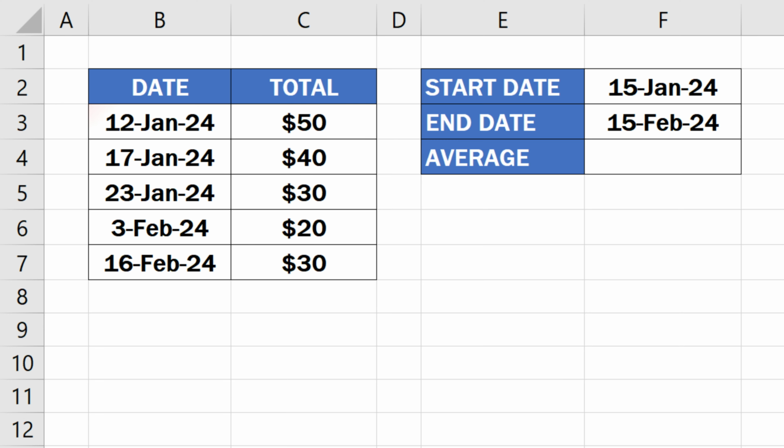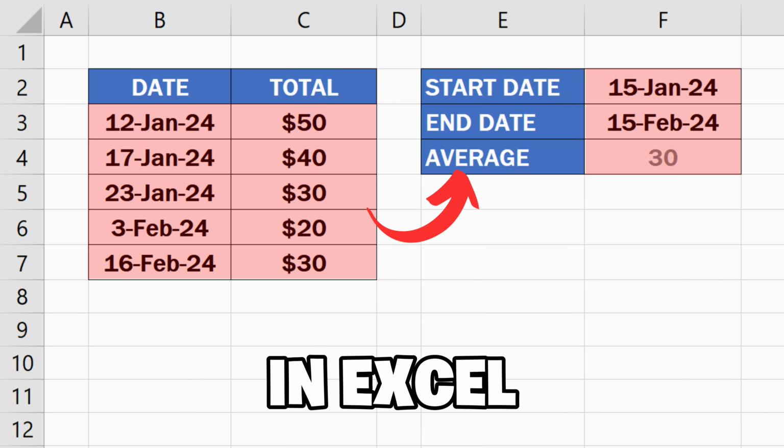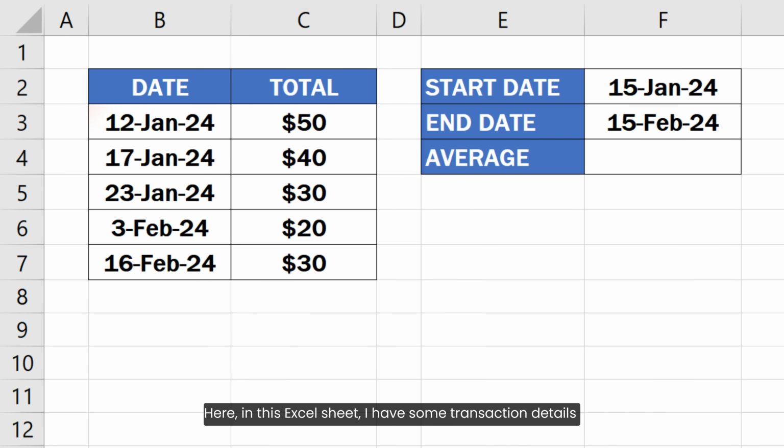In this video, I will show you how to average values between two dates in Excel like this. So let's get started. Here in this Excel sheet, I have some transaction details like transaction date and amount in these columns. Now I want to average the amount if the transaction date is between the two specified dates in these cells. For example, I want to average the order amounts if the transaction date is between 15th January and